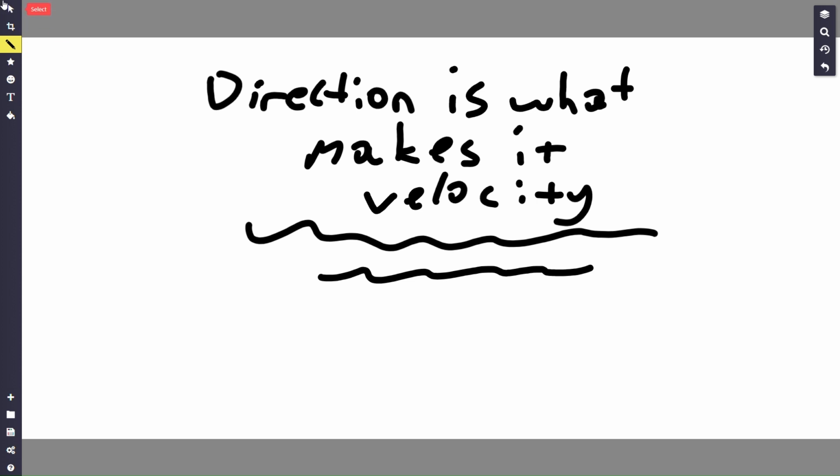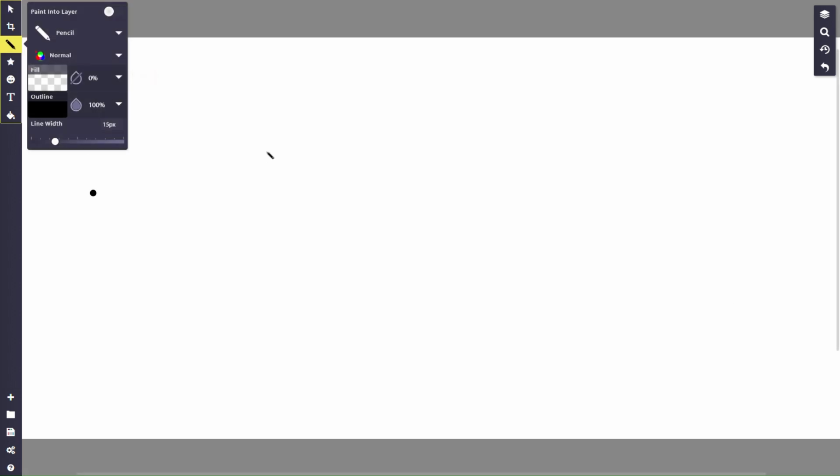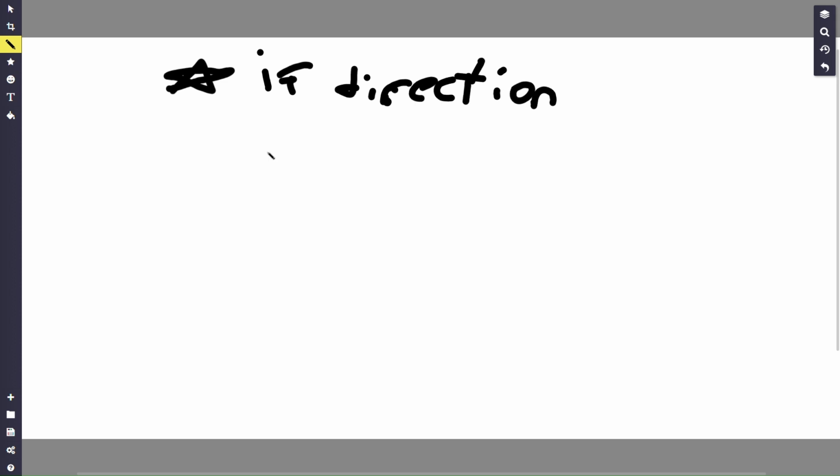But here's an even more important thing: if direction changes, velocity changes,